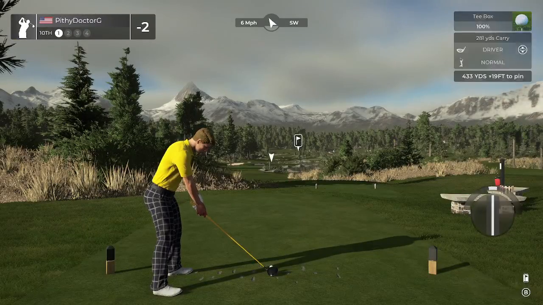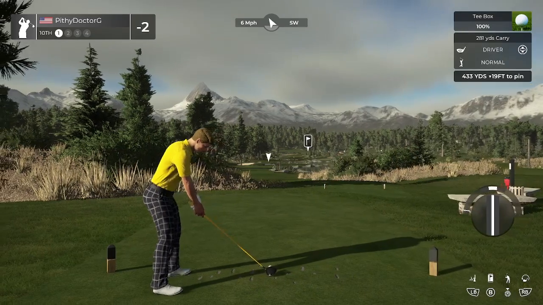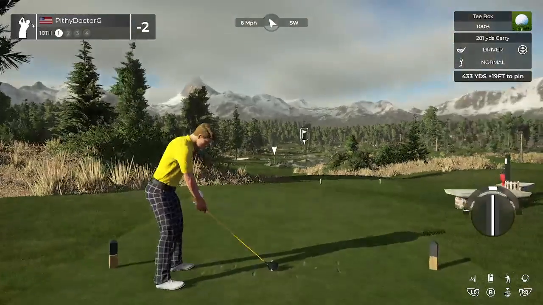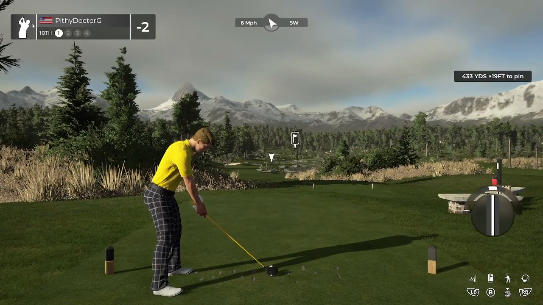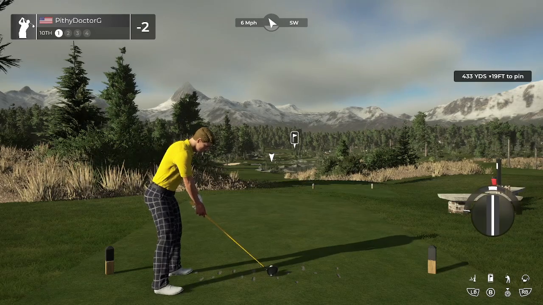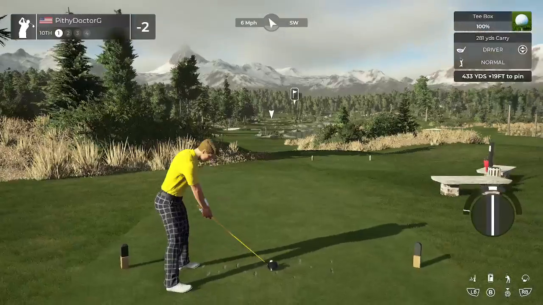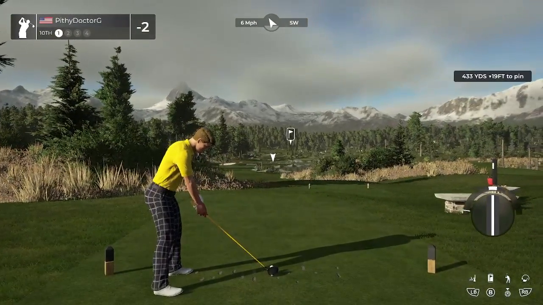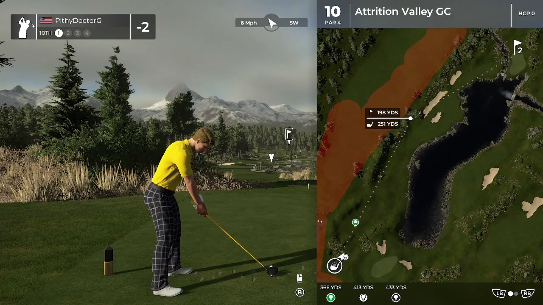All right, we hit the turn. Okay, so we can see our bunker. Again, I think your rocks and all the vegetation there on the right is too high. It's blocking too much stuff, I think. Again, I don't think it's really compromising much in terms of playability, but